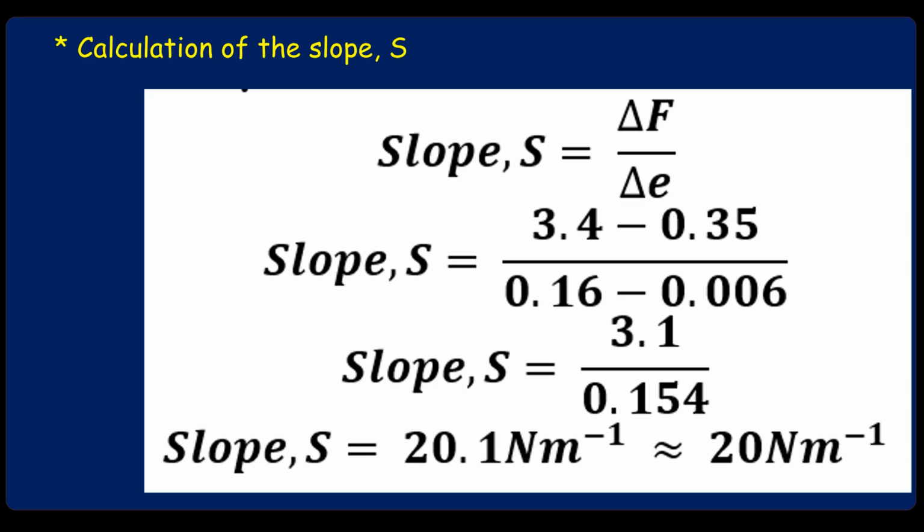And back to our graph, we realize that we got these values, whereby our y2, which is 0.4, minus 0.05, y1, divided by 0.16 minus 0.006, which is